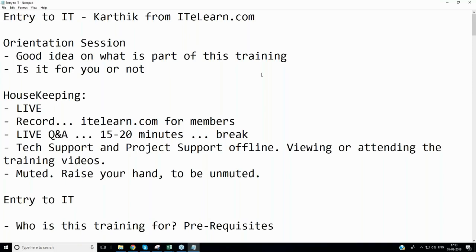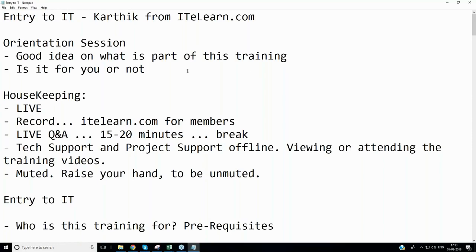These foundations are typically supposed to happen when you do your computer science engineering or masters of computer application or MTech computer science or BCom computers. That is where an individual will typically get an exposure to these. Now for the rest of the population who's not gone through that rigorous training, entering IT is still a little challenging. Where, what, how? Before you go anywhere in IT, this is what you got to see.